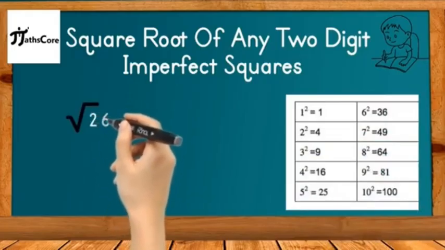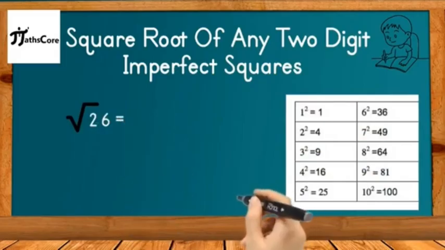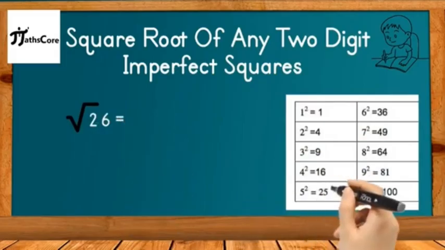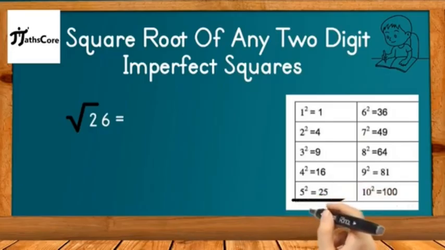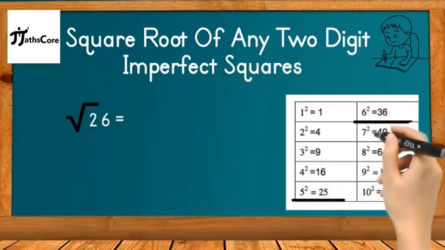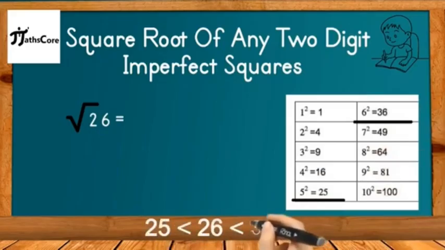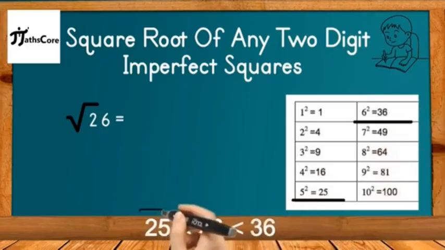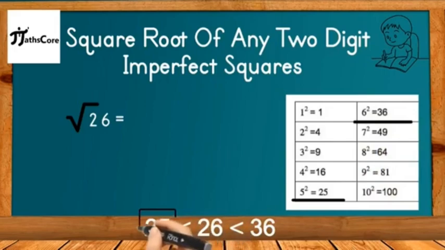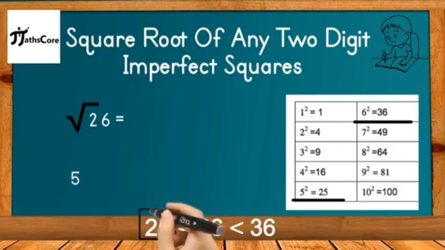To find out the square root of 26, we need to follow some steps. First of all, let us find out between which two perfect squares this 26 lies. Here is the answer: 5 square, which is equal to 25, and 6 square, which is equal to 36. So you can see that 26 lies between 25 and 36. Now select the perfect square less than 26, which is 25, and take the square root of 25, which is 5. So write down 5 here. After that,